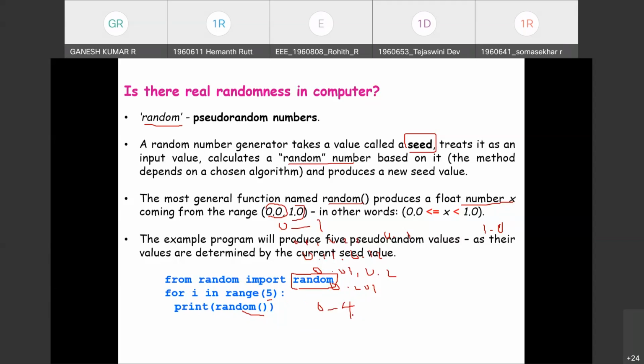As said, it could be infinite. Furthermore, between 0 and 1, we can have 0.1, 0.2, 0.3, again 0.01, 0.001. This is applicable to the entire range.